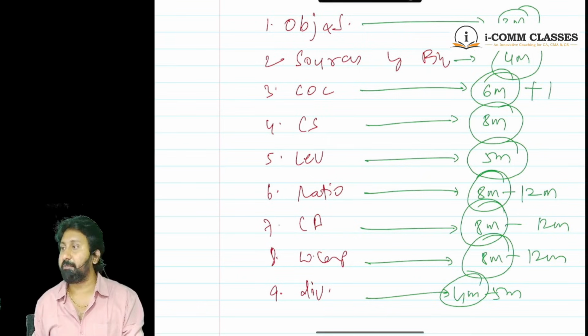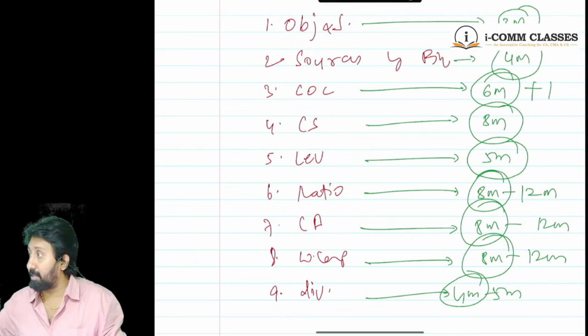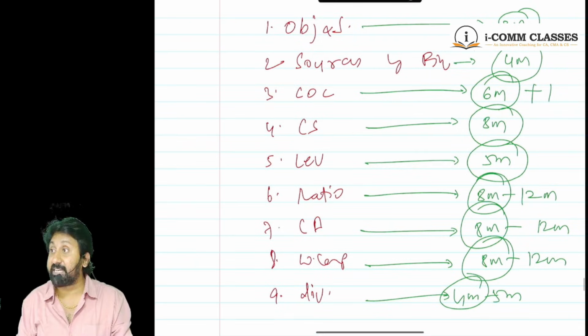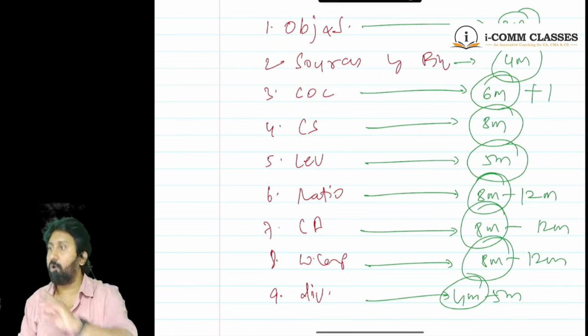Last time it came for 7 marks. Last term, cost of capital 2 questions came: 4 marks, 3 marks. I'm telling you, one 6-mark question may not come. They may ask 3 marks 2 questions, or 4 marks and 2 marks. Anything they can ask. Overall it will come for 6 marks.